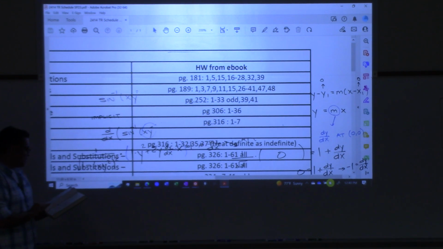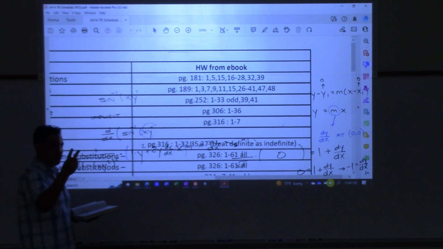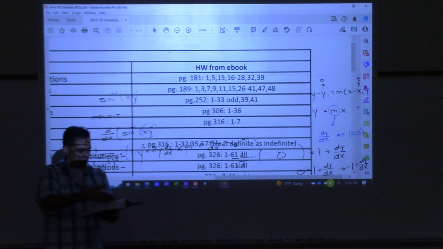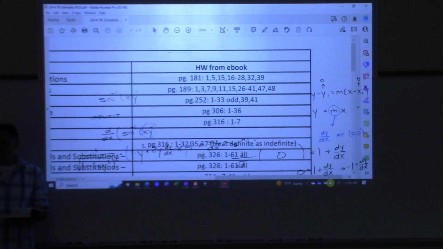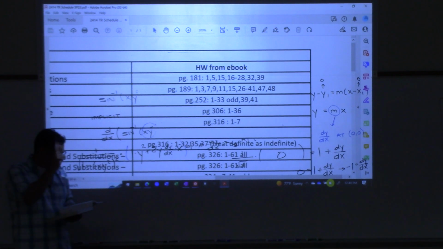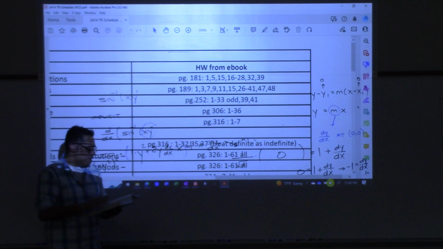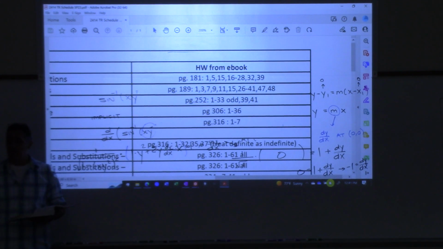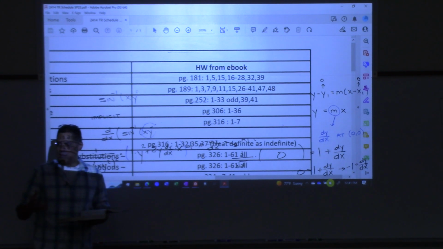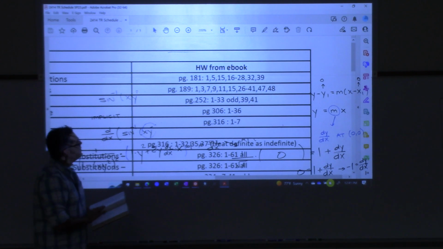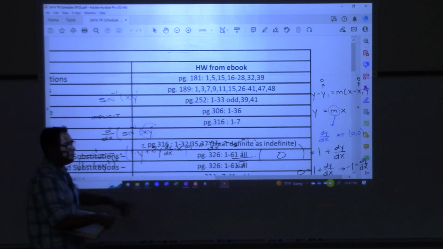Number 15 is proving the derivative of inverse cosecant. I proved inverse sine, I proved inverse tangent, right? There's 4 more. Your homework is to do one more of them. So that's where you can do reference triangle, all that stuff. And then 16 through 28 are all practice problems taking derivatives. Chain rule, product rule, quotient rule, it's all in there. Okay, there's a lot of practice there. And then 32 is a problem just like the one I did right now where you have